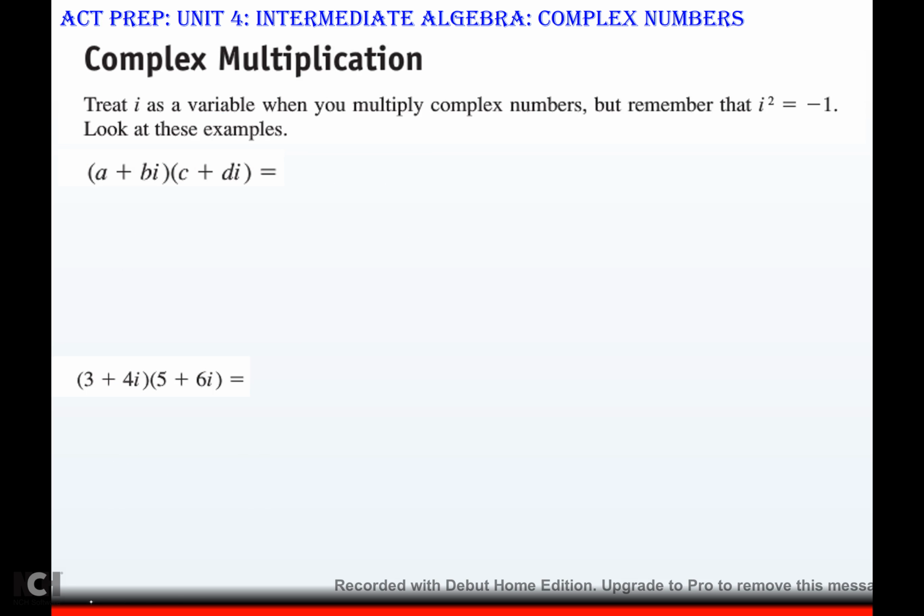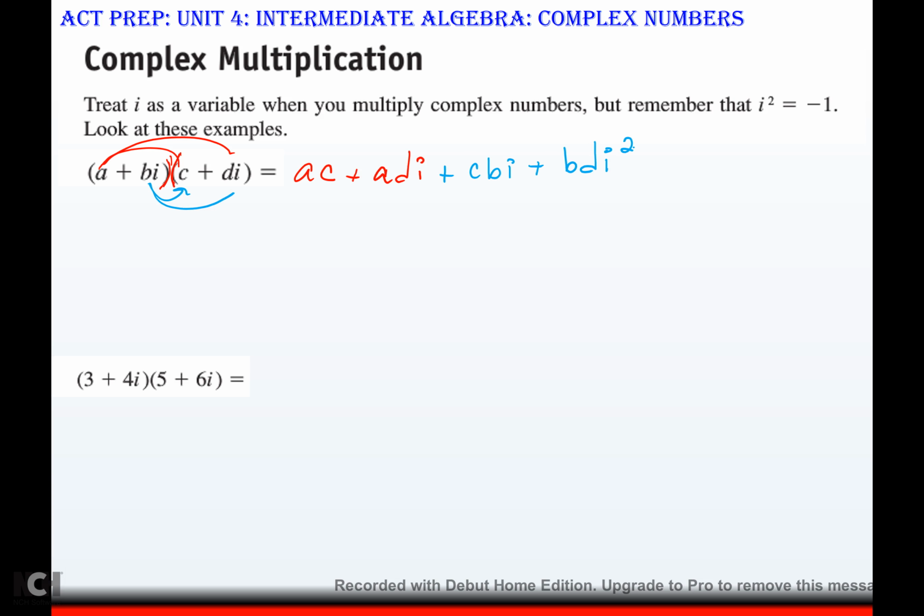Okay? All right, so complex multiplication. You still treat i like a variable, but remember that anytime you get i squared, it turns into a real -1. Now we're not adding, we're multiplying. These parentheses are touching, so now it's basically FOIL. a times c would be ac. a times di would be positive adi. And then bi times c is positive cbi. And then positive bi times positive di would be positive